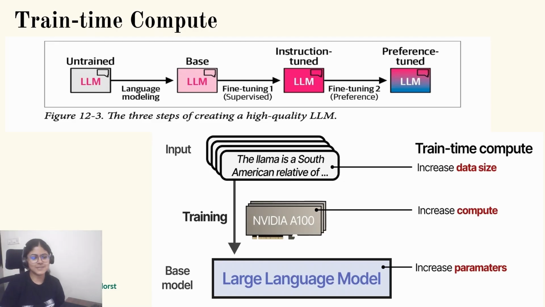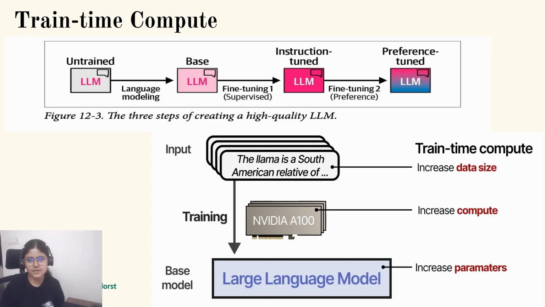So let's discuss how language modeling actually happens. Essentially, these models are supposed to do next word prediction for us. Say you have a huge amount of web data that you collected and you intend to train a foundation model out of it. The very first step, the pre-training step, is to take all of this data and train a model out of it, and that model is just supposed to predict the next word, and we call it a base model.